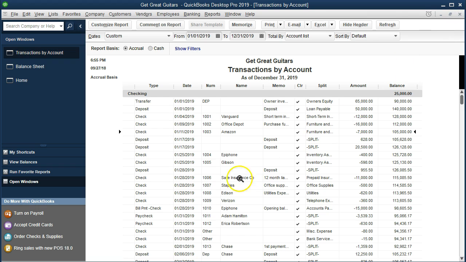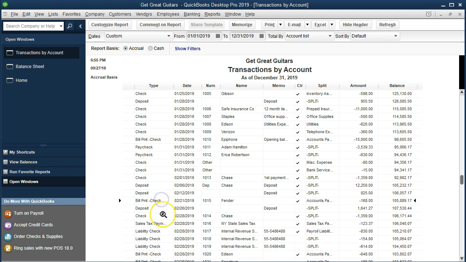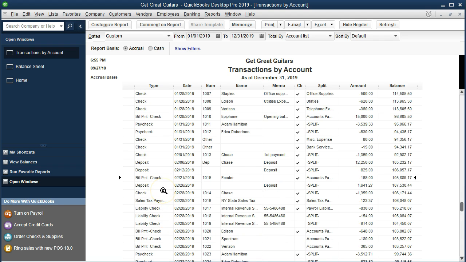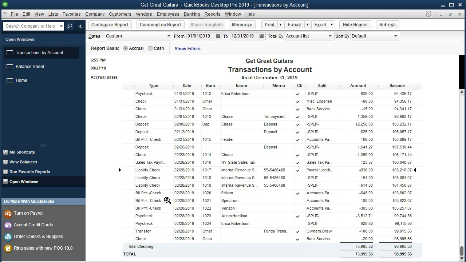If we close that, here's another check, but it's a bill payment form. So a bill payment is the data input screen that we have. This is a check, but it's a paycheck. So the actual data screen is going to be the paycheck. So these items, this is a bill payment form, liability check form. These are all different data input screens that are going to drive the same transaction, but QuickBooks will have these forms. So if you think about how QuickBooks is made, the forms are what are going to drive the